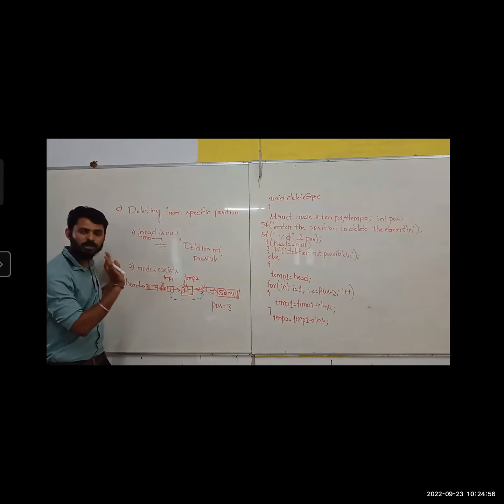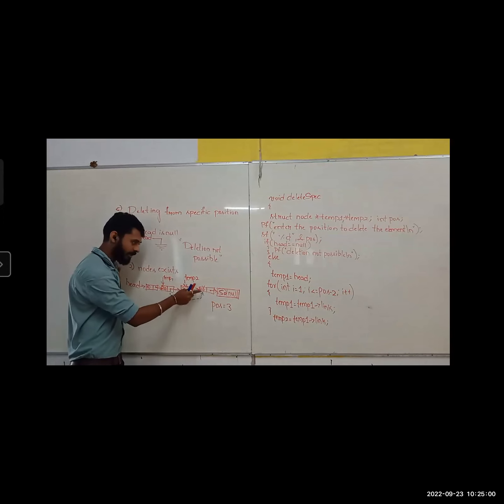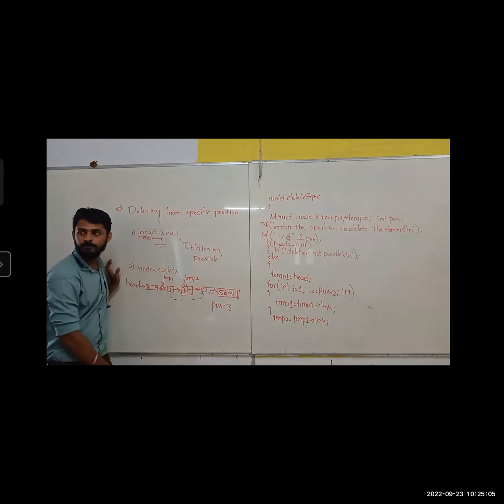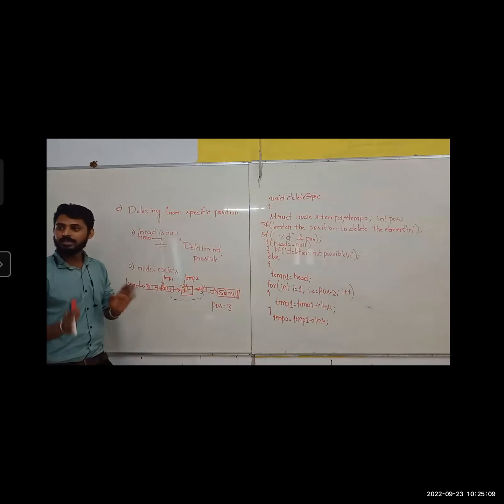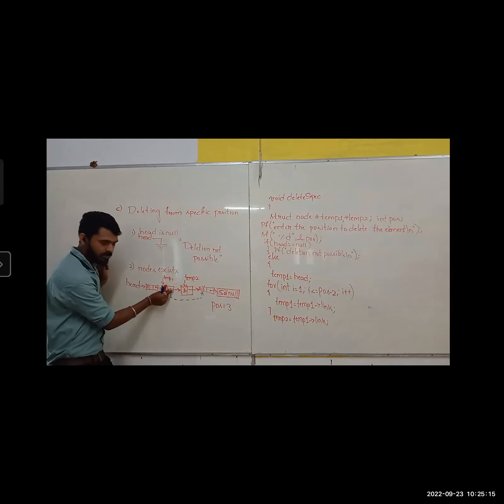You guys are sitting and listening, but you are not thinking. What is this position? What did I tell you? Simple thing I told you: from here, create one connection to here. From here means what is this position? What is this block basically? If I ask you the address of this, you will say the address or not? What is your PG address if I ask you? You will say or not?